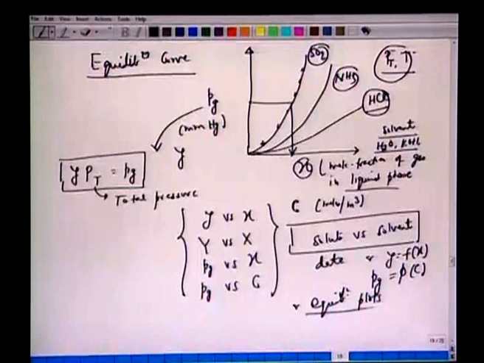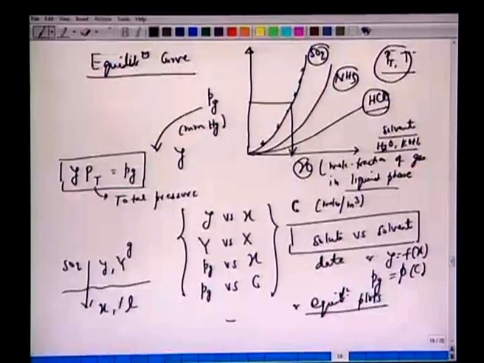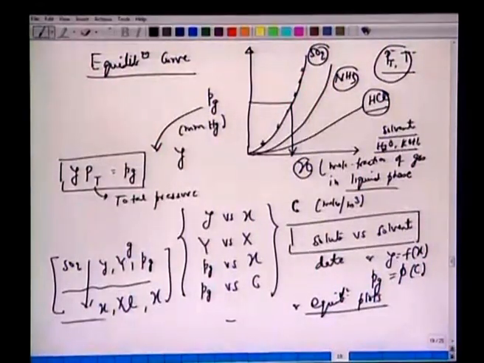Or we have been given this equilibrium curve or some plot. Equilibrium plots are known to us. Either way, given the plot, we can calculate those mole fractions, etc. The idea is simple. We have gas here, this is a liquid phase, and certain species, sulfur dioxide, transfer from here to here. This is y, this is x, this is capital Y, this is capital X, this is small partial pressure here, small p, and here we have this x, etc. So, these are all your equilibrium curve, starting from here.